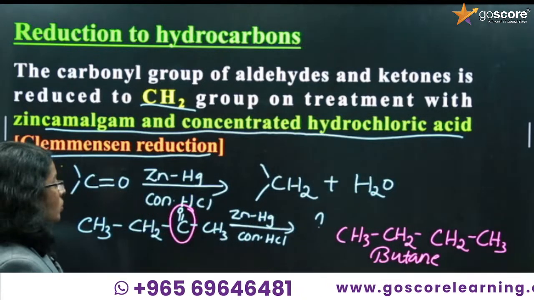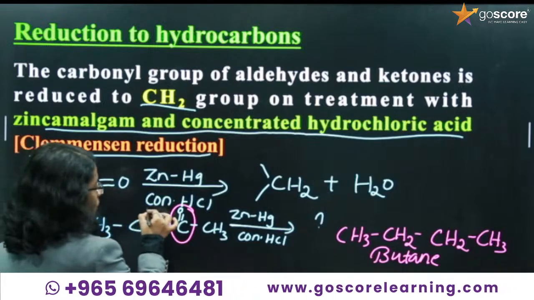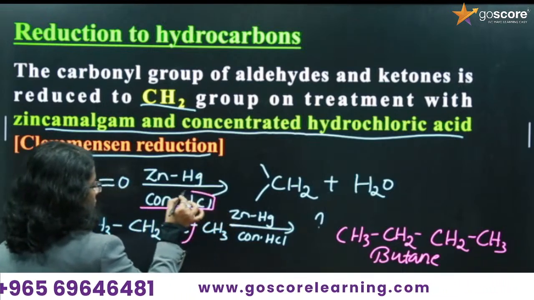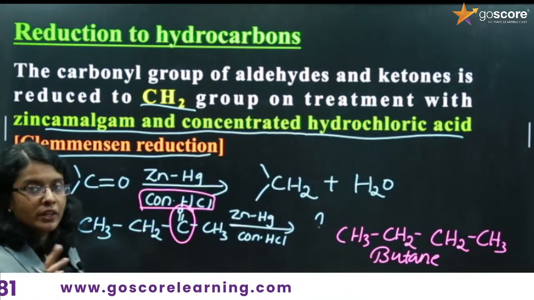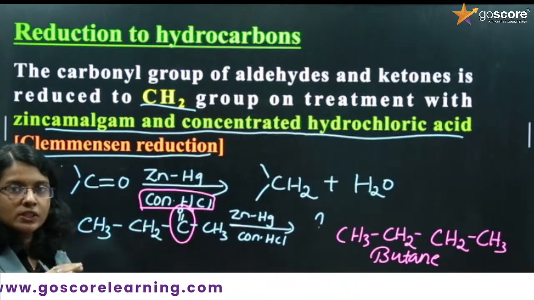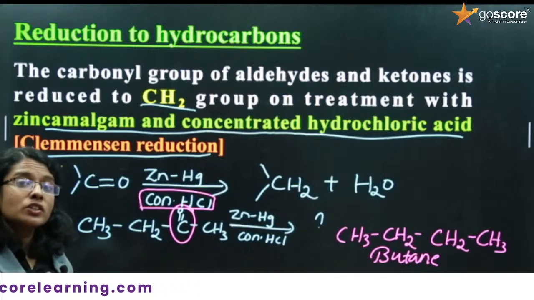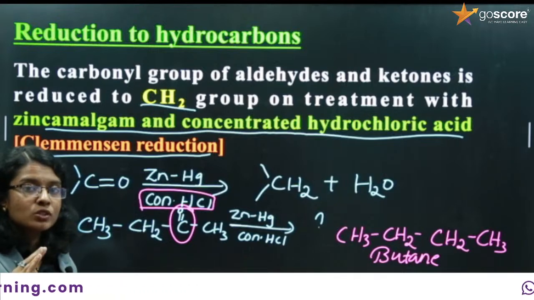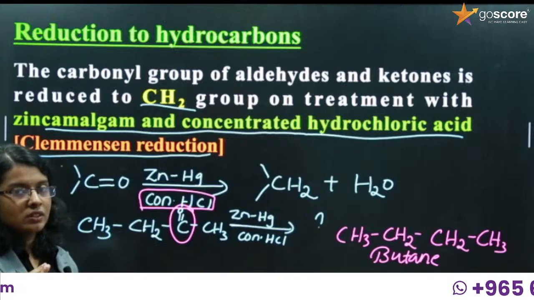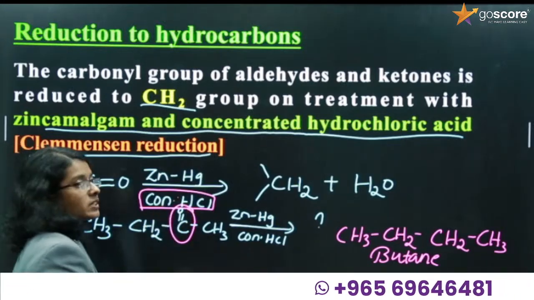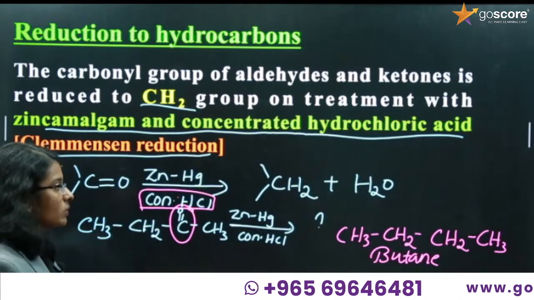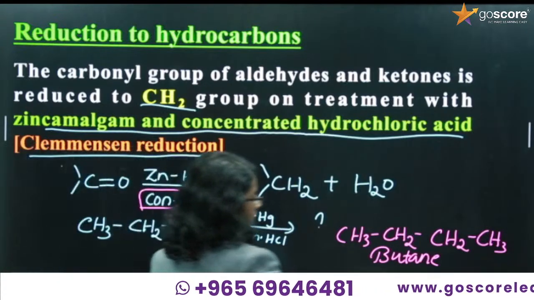Okay. So you have to learn the reagent. We have two methods for the reduction to hydrocarbon. The first one is Clemmensen reduction. Clemmensen reduction only occurs in the presence of HCl, in the presence of concentrated acid. So remember that. And the next one is